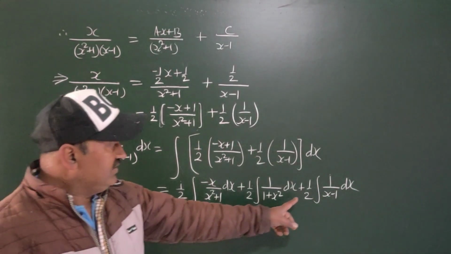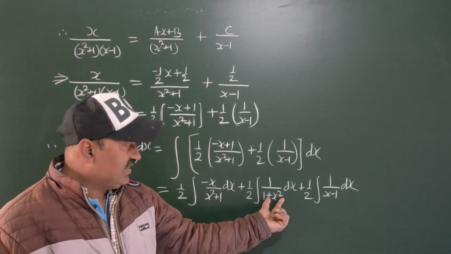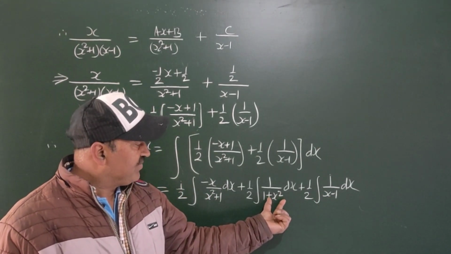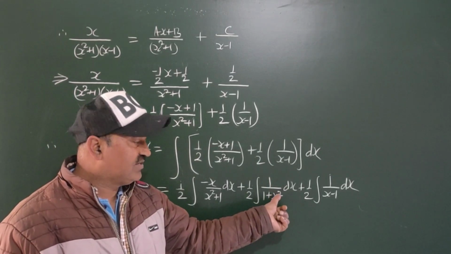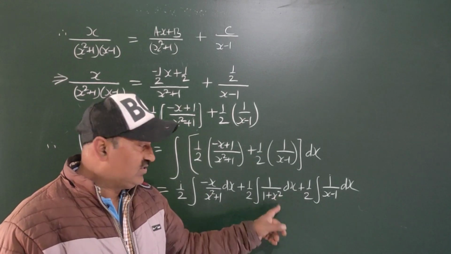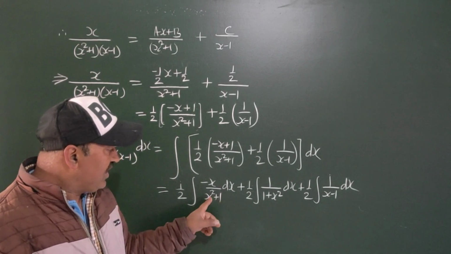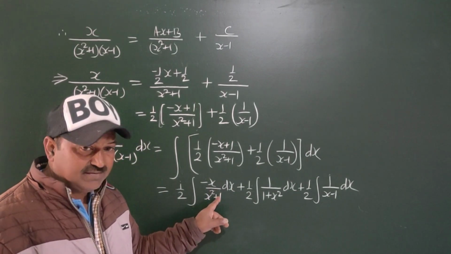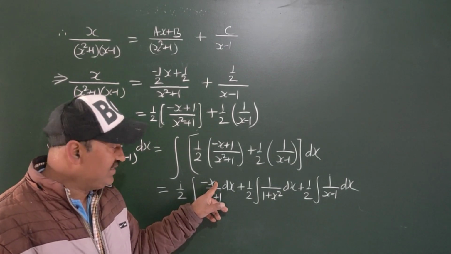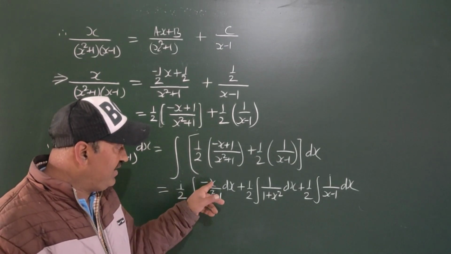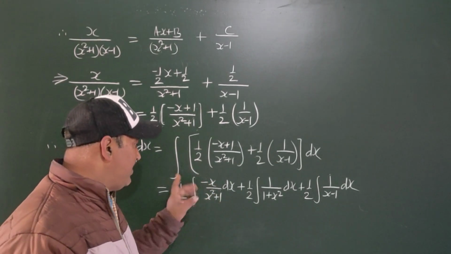Now in this case, the integration is log of modulus x minus 1. In this case, the integration is tangent inverse x, because the derivative of tangent inverse x is 1 upon 1 plus x square. And in this term, the denominator is x square plus 1 and the numerator is linear in x. If we multiply the numerator by 2, we will get the derivative of the denominator. Taking minus outside,